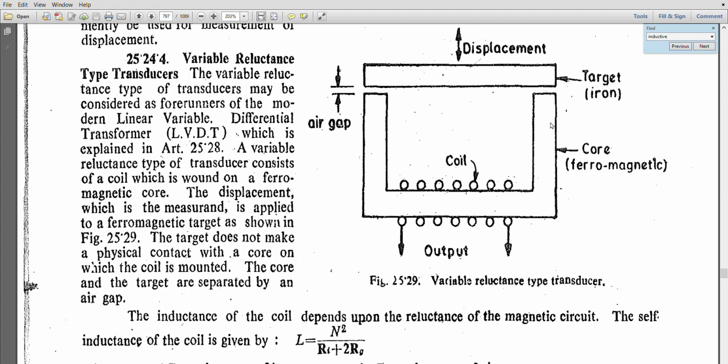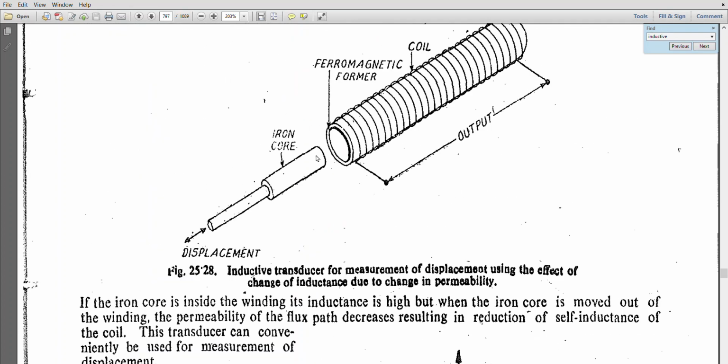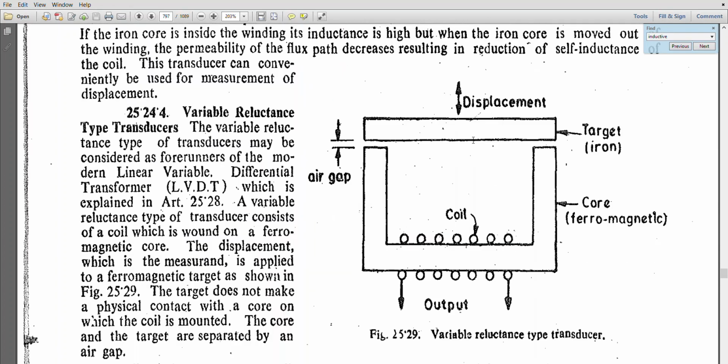So in this video we will see about the variable reluctance type transducer, and this type of transducer is a forerunner for the LVDT that we will be seeing in the following slides. Here is a variable reluctance transducer that consists of a ferromagnetic core, and this ferromagnetic core is surrounded by a coil, and a similar piece of iron is placed over the ferromagnetic core, but